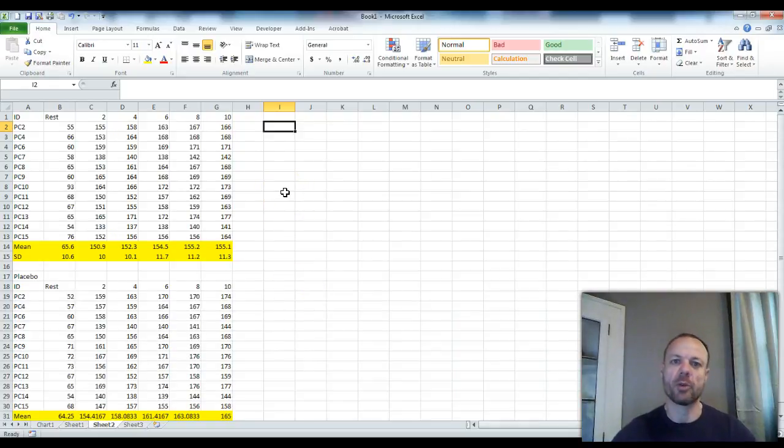You use a line graph to represent multiple measurements over time, like I've done here with heart rate going from rest to 10 minutes of exercise for two different groups. One group being a treatment group and the other group being a placebo group, and we'll just use that generic terminology for right now. If you click on Insert,